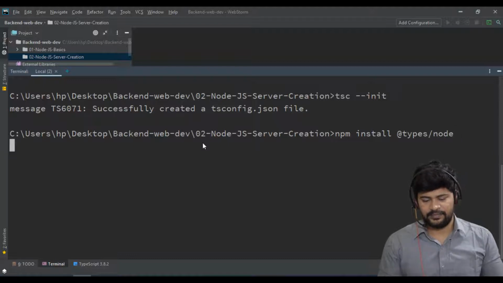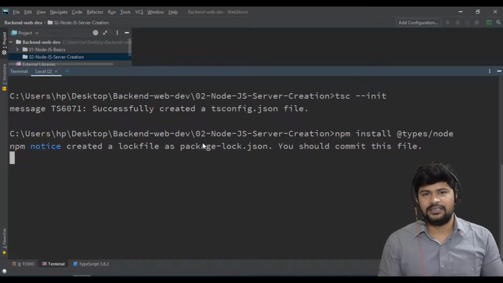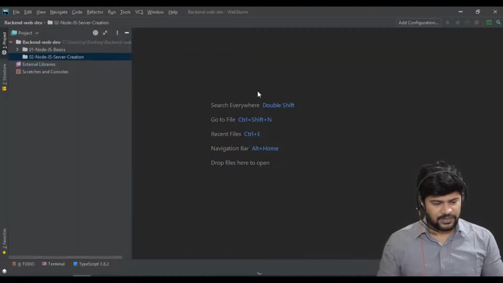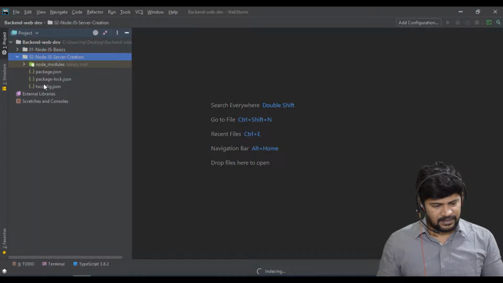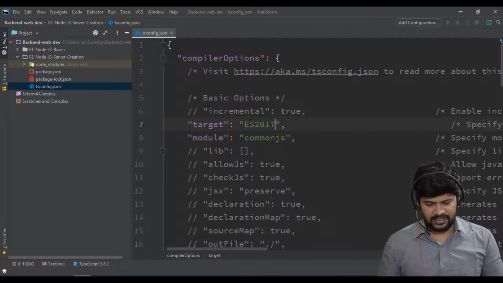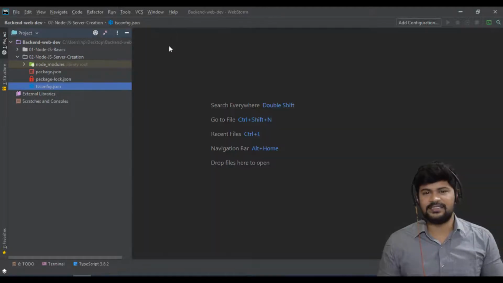Enter. So this is going to install a TypeScript definition of node. Okay, done. And once you have done, make sure you change the TypeScript configuration file target to ES2017. Okay, done. So we are done with the setup.